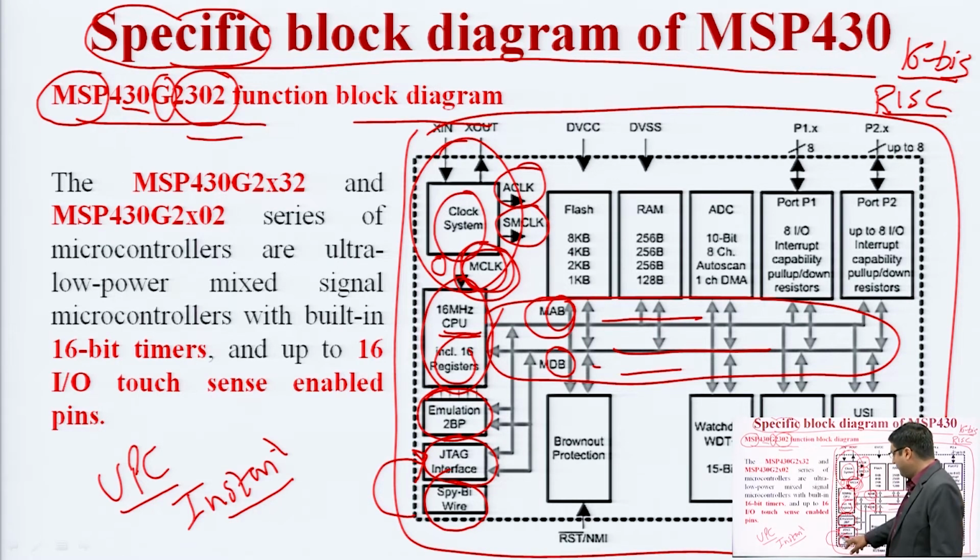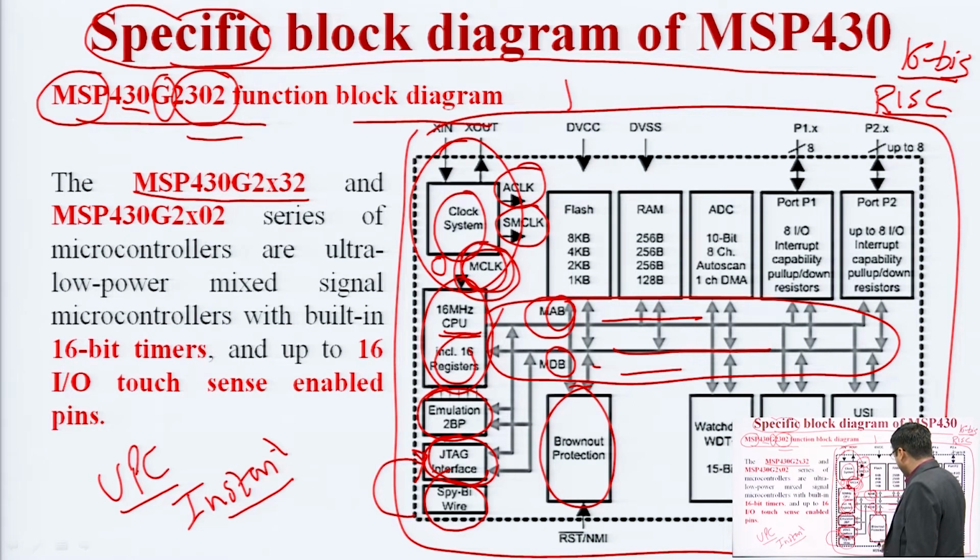It has 2 wire. We will see in the further lectures, and JTAG has a 4 wire. There is a brownout protection circuit. Basically, if we have a low power supply, then what will the brownout protection circuit do? It will reset the system in case the MSP 430 does not get a sufficient power supply. So this is the role of the brownout protection circuit.